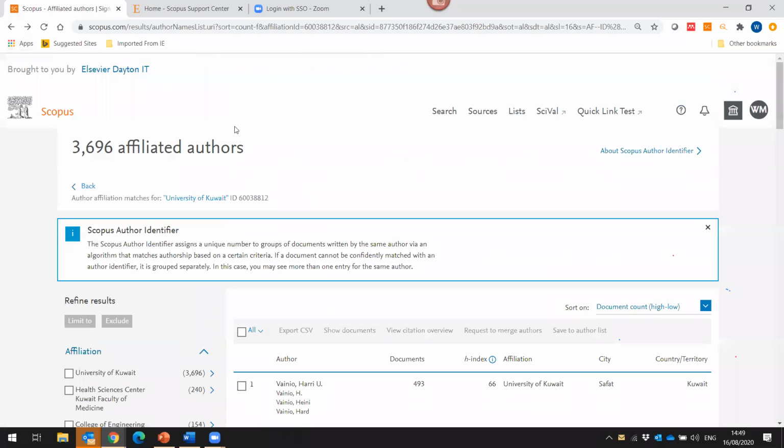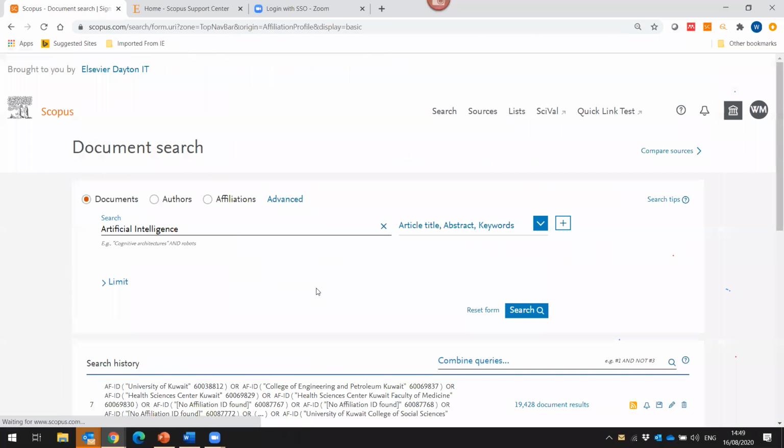So that is actually the searches in a quick way. Of course, we did not cover everything, but this is how to search by documents, affiliation, and also you can do the same for authors. Let me move to an important area, which is sources. If I click on sources,